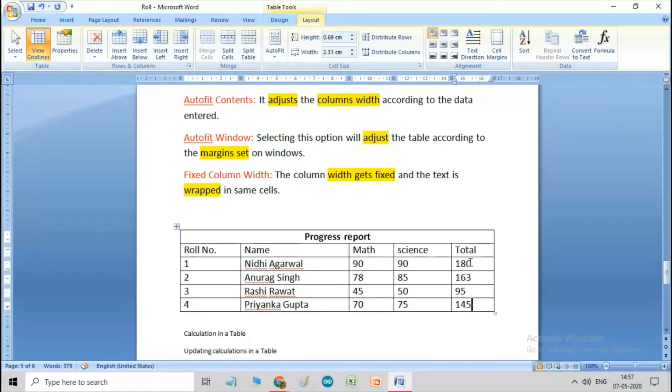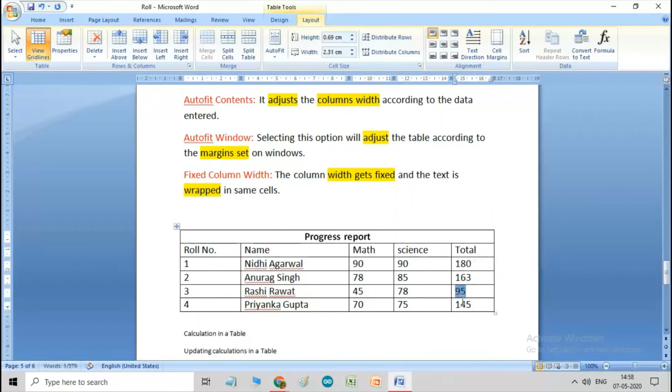We can even update the total also. How can you do the update? Simply select the data where you want to update and then press the F9 key. First I'll select this data and change its value. 78 I have written.